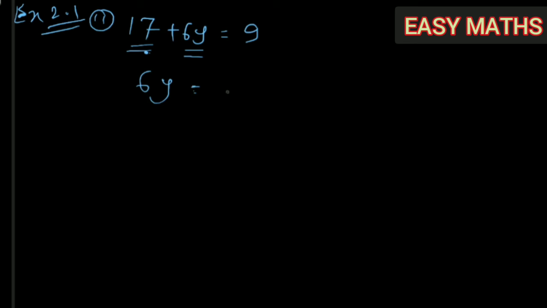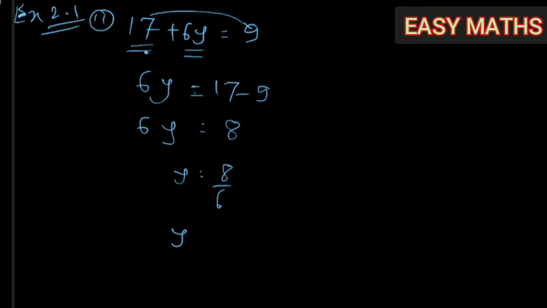So now what is the next common mistake made by the students? What they do is they take 17 here and they write it as 17 minus 9. What is remaining? 8. And in the next step they write it as 8 by 6 and they make it the simplest form. 2 4s are 8, 2 3s are 6. But this step itself is wrong, so the answer is wrong.